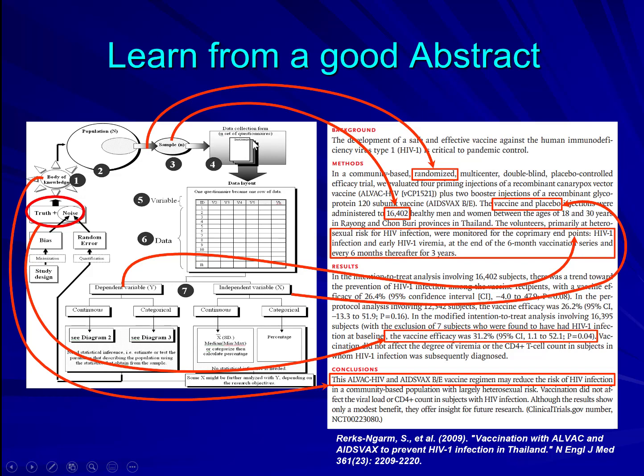The number 4, I will not cover much here, but it's really also say somewhere here about data collections or outcome measurements. For example, here it's measure about HIV infection at the end of 6 months, and every 6 months thereafter for 3 years. That is how the outcome is measured. And from here,